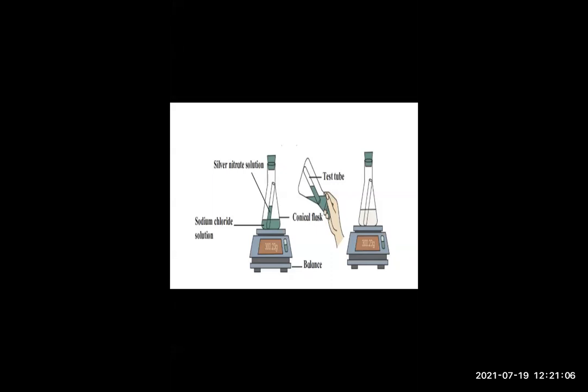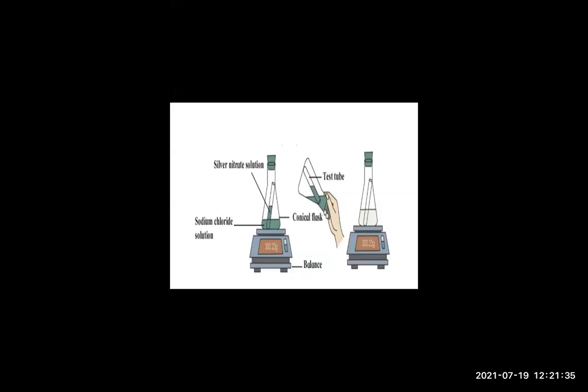And then what you have to do? Weigh the conical flask with the help of balance. If you see the digital balance, readings are given. What is the reading given? Let me see how many of you can see it. 300.23 grams. Very good, Bhumi. So that way you have to weigh the conical flask with the help of balance.